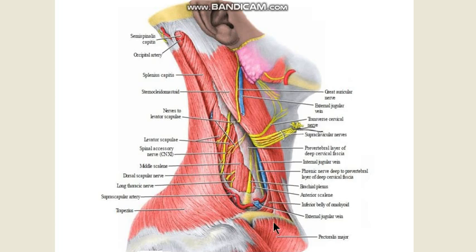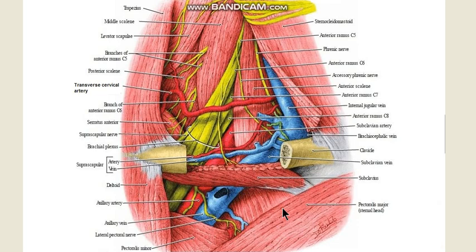Again in this diagram you still have not retracted the sternocleidomastoid, so you can't see the scalenus anterior here. You can still make out the semispinalis capitis, the splenius capitis, levator scapulae with the accessory nerve on it, and you can make out the scalenus medius and a little bit of the scalenus posterior over here. So scalenus posterior, scalenus medius, scalenus anterior here with the phrenic nerve on it. You can make out these, and unless we actually retract this part you cannot see the rest. Let us see if we can retract.